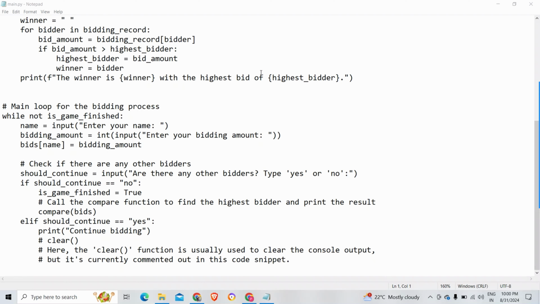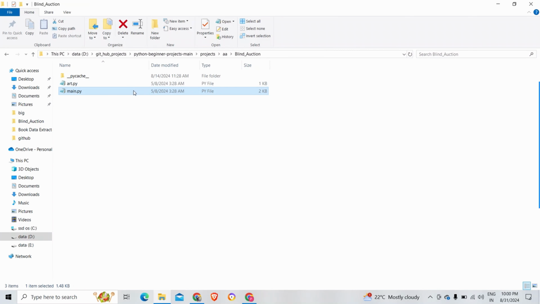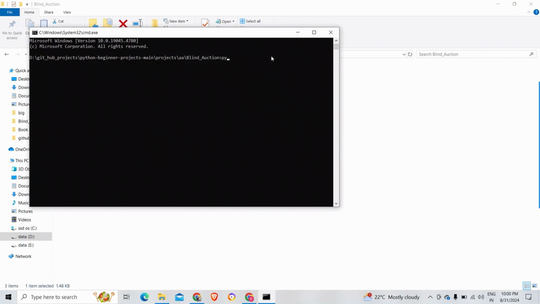So let's quickly see the output of this program. As usual, main.py is the file, so I'm opening the command prompt and running python main.py. So here we have that image. Welcome to the blind auction. Enter your name. So my name is ABC. Enter the bid amount.